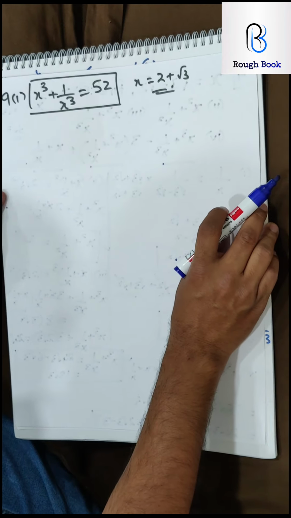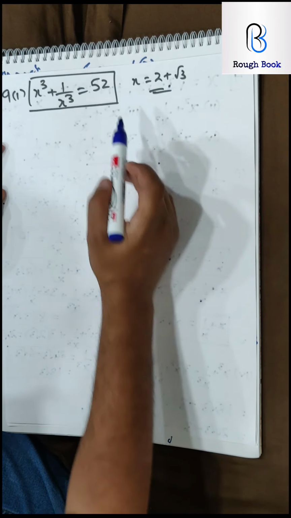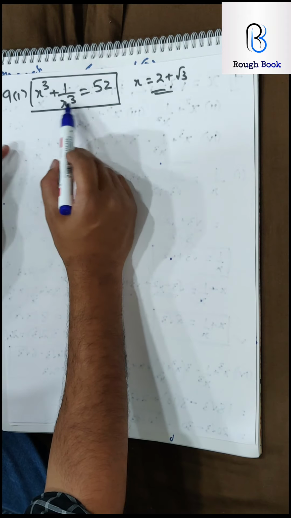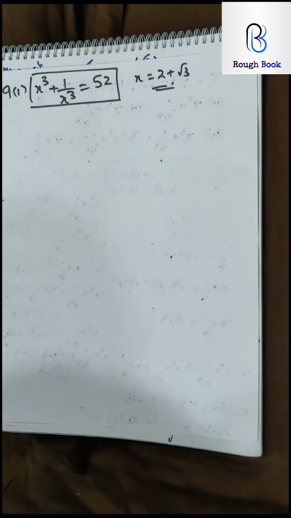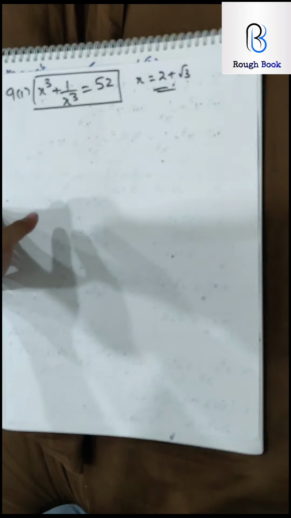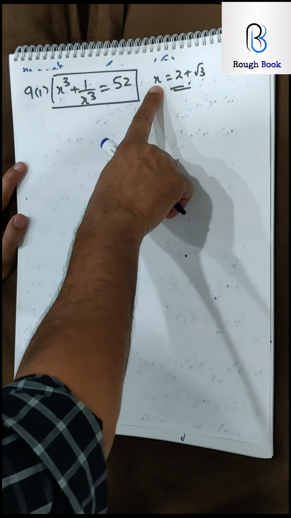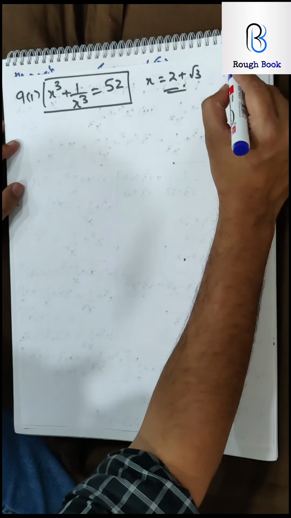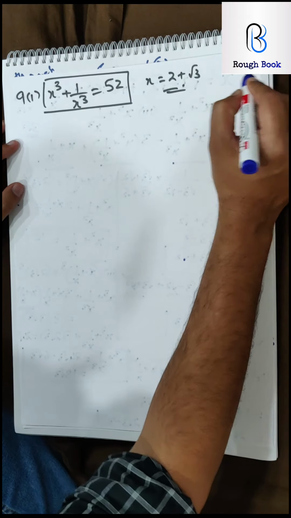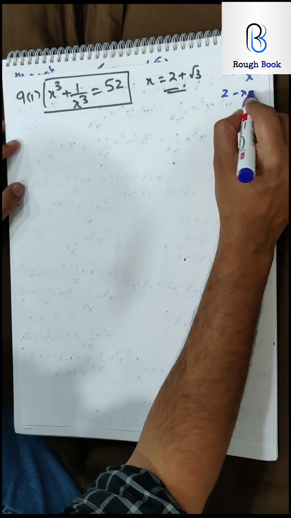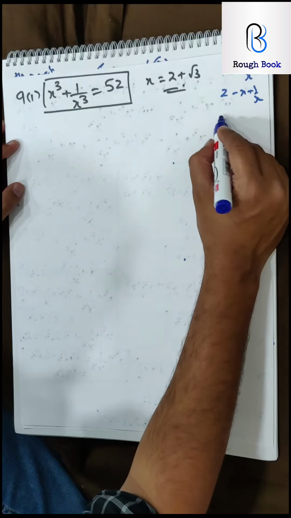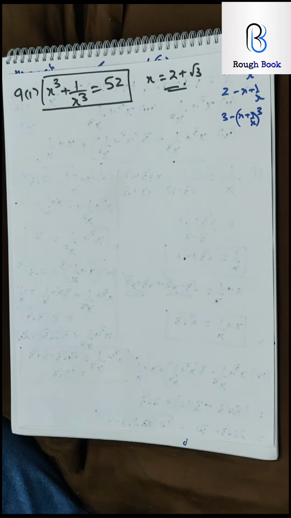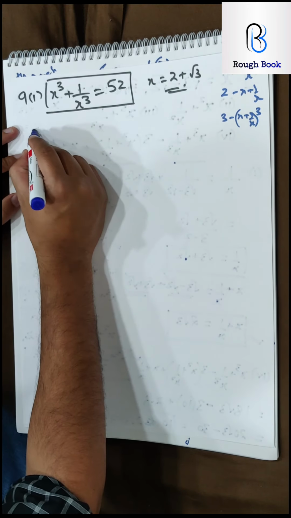So if you remember, there will be 2 methods to this. Method 1, you get x cube, then 1 by x you get, then 1 by x cube and then add everything. Lengthy method, not advisable by me. The easier method would be, you just get 1 by x first, then take x plus 1 by x. So step 1, 1 by x. Step 2, x plus 1 by x. Add these two. And step 3, x plus 1 by x the whole cube. So try it. Pause the video, try it.